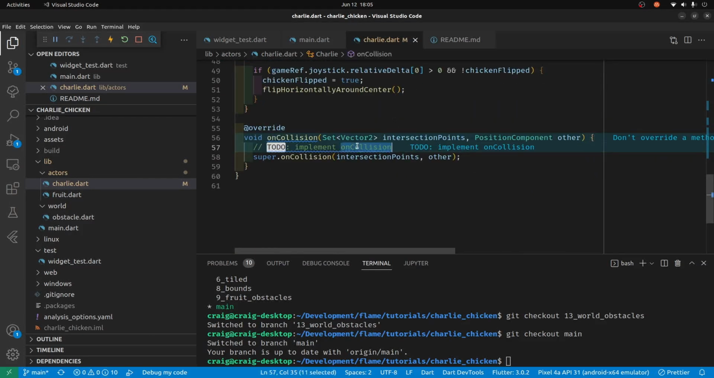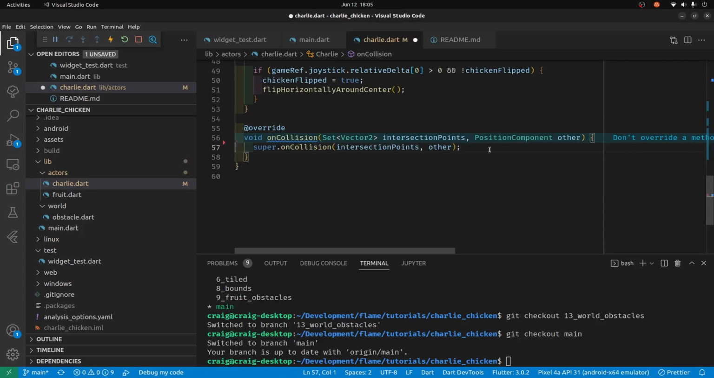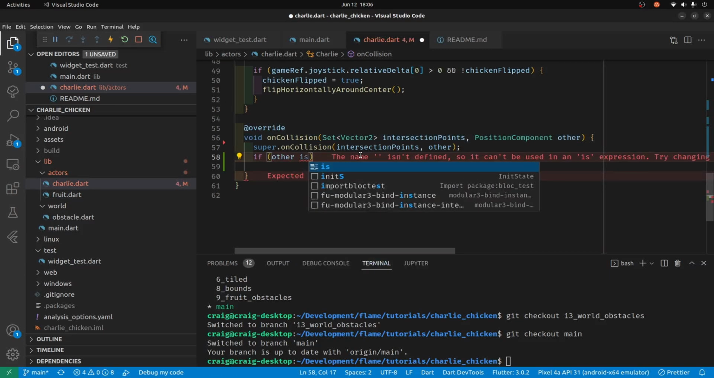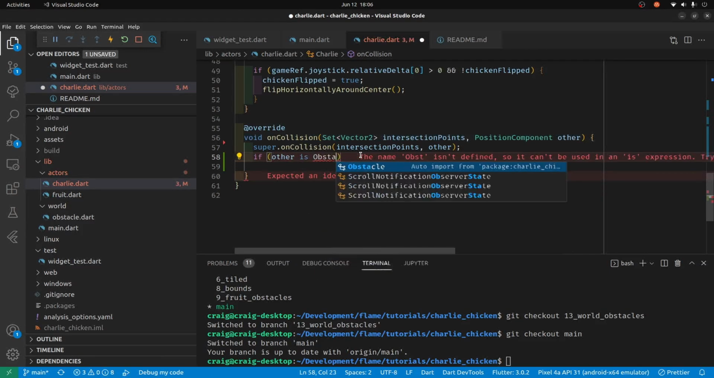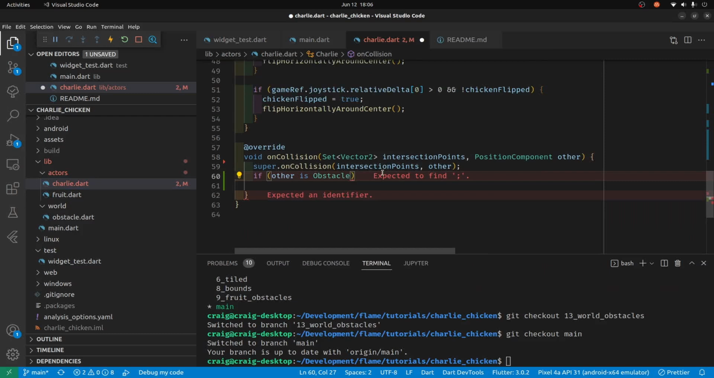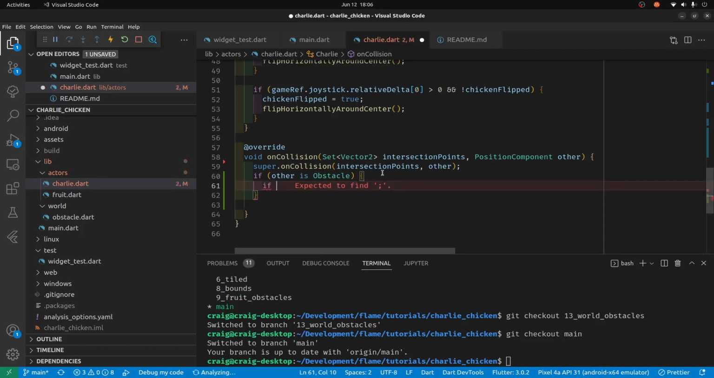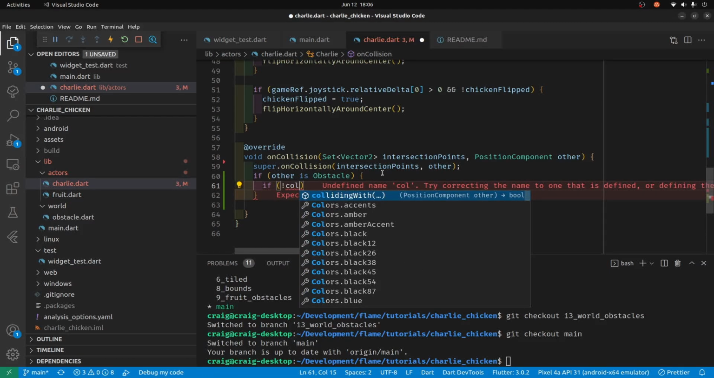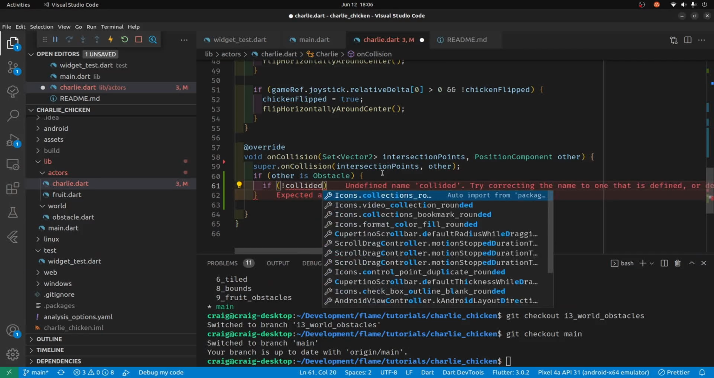And this is just the template, so we need to fill it in as to what happens when Charlie is colliding. The first thing that we want to do is make sure that he's actually colliding with an obstacle, because we're doing something else when it's a pineapple or a piece of fruit. So if the other is an obstacle, we need to import it from the world. So if he's hitting an obstacle, it's one of the pieces of brick or pieces of dirt that we have. And then we're going to check to see if he's already collided. So if he's not collided,